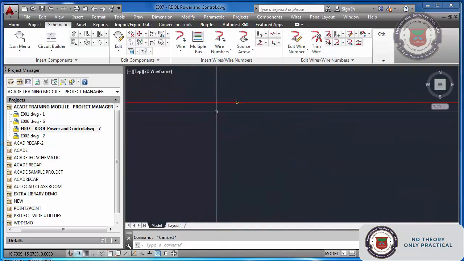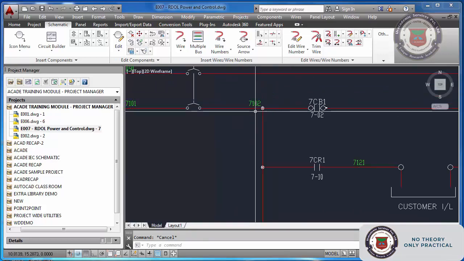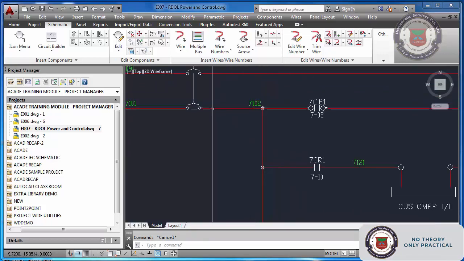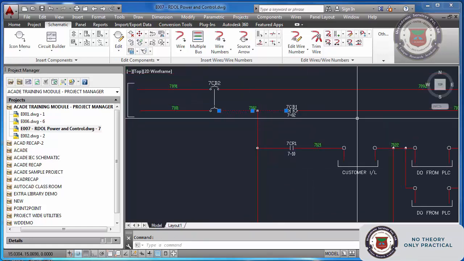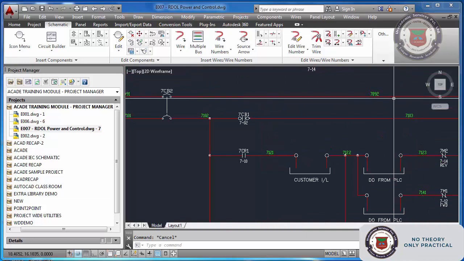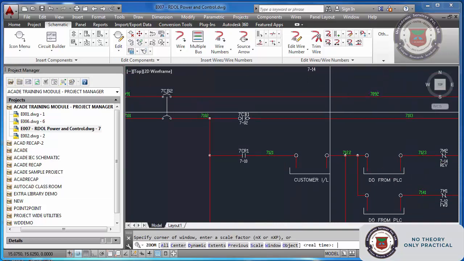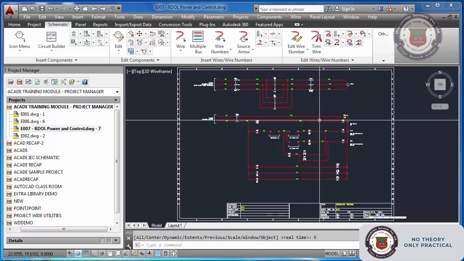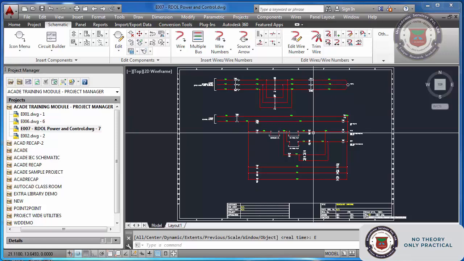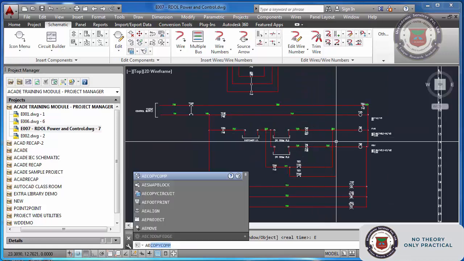You see this small green one, that is the mid of this particular wire from here to here. See, you see this is the midpoint. Similarly, if you see some other wire, you just select, this is the midpoint. So that is how the program reads. But if you want to make it a little bit beautiful, you can always do that.